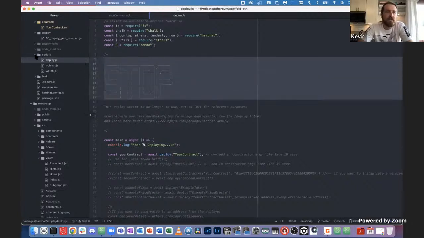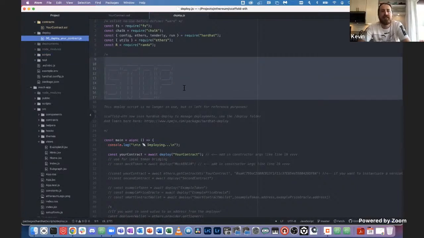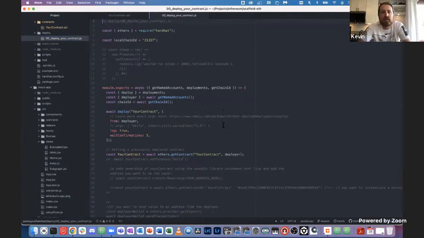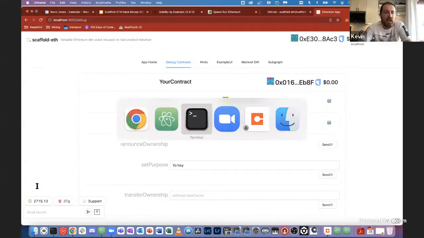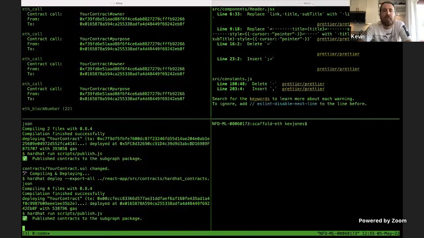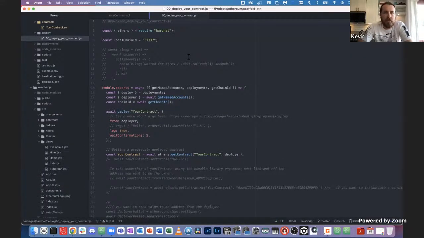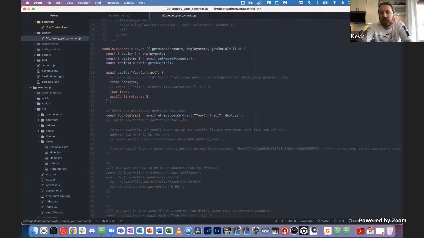You need to use this deploy folder here. What this is doing is, this is the deployment contract. This is exactly what's happening here in the corner when you're actually deploying your app. So we want to come in here and do what's called change, basically like transfer ownership. Okay, so in order to do that,